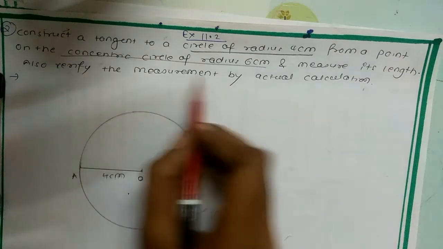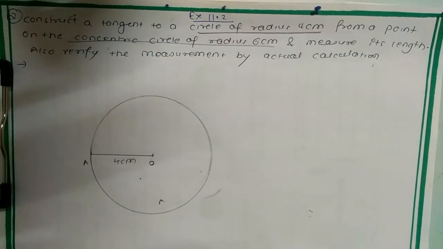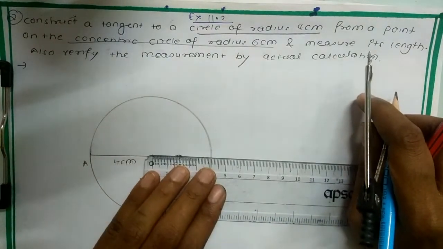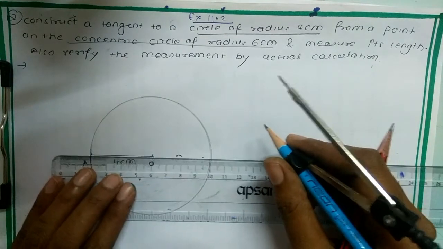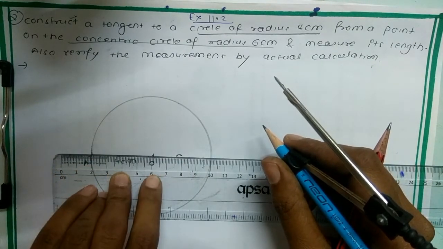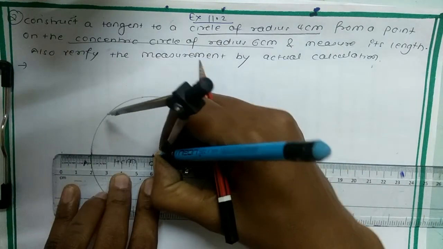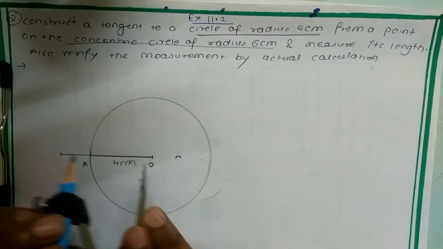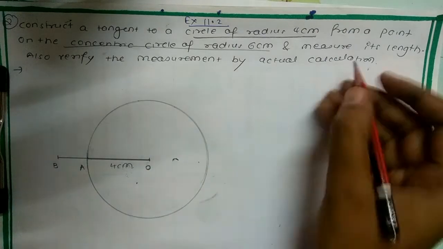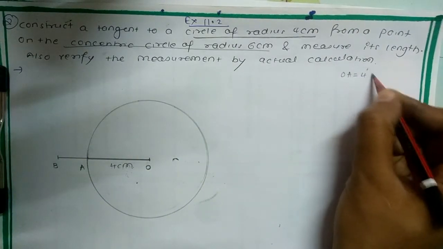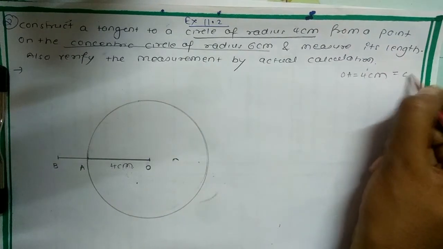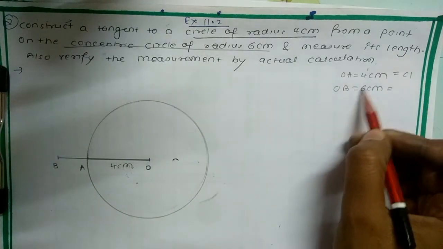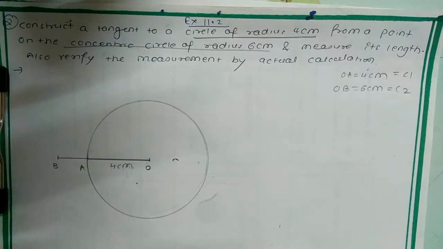Similarly, one more concentric circle I have to draw with radius 6 centimeter. So let us take O as the center and draw one more circle of radius 6 centimeter. You can take the radius on this side also. So this is 6, and here O. Mark it, draw the radius, and then take the compass and pencil between O and I'll name this as B. So here OA I have taken as 4 centimeter, and let us name this circle as C1, and OB is equal to 6 centimeter, and we will name this circle with radius 6 centimeter as C2. So it will be easy to identify.